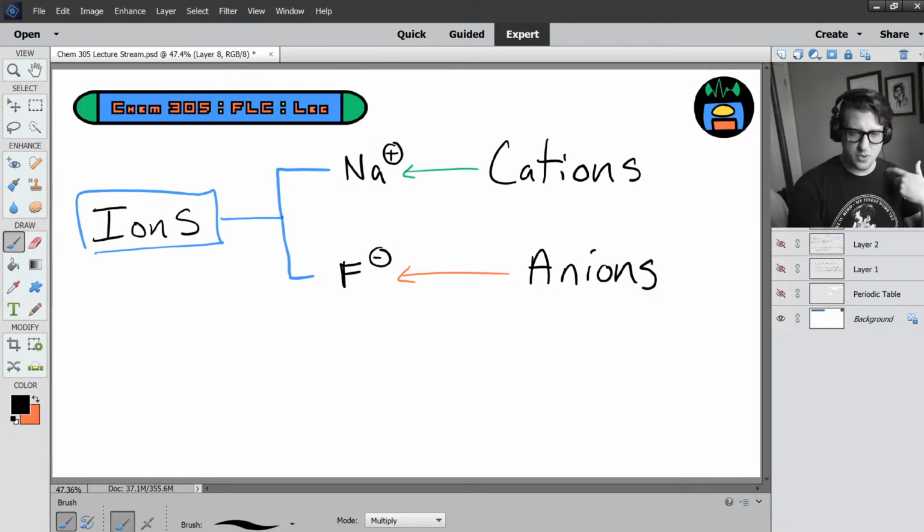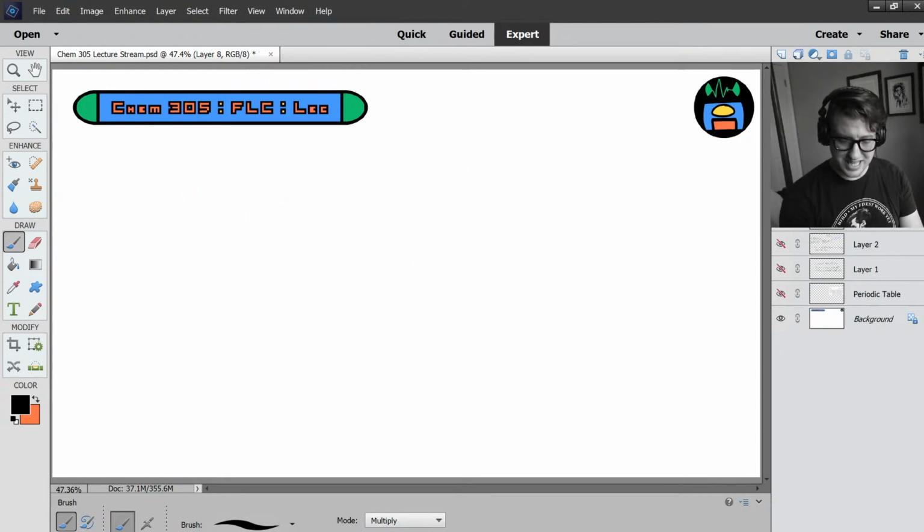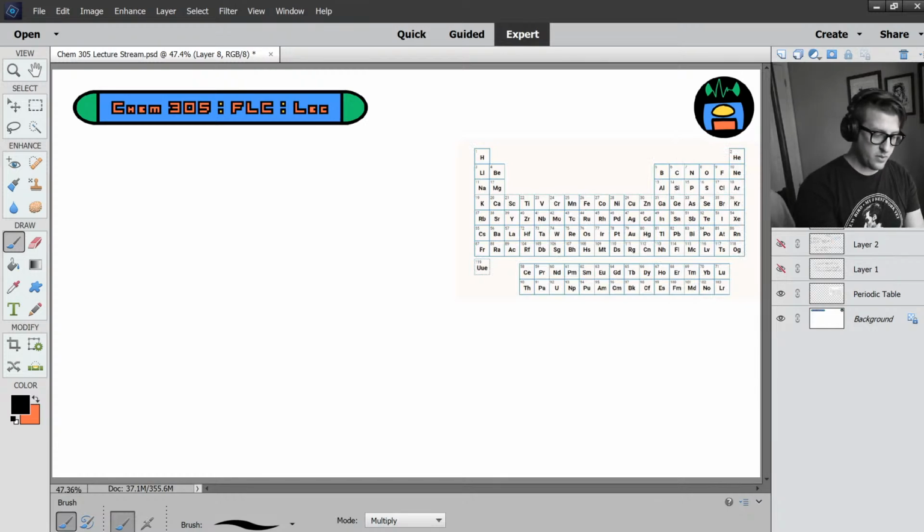Let's talk about how they form, where they come from, and why would an atom, this is a question, why would an atom want to have an unbalanced charge in the first place? Why wouldn't it want to have the same number of protons and electrons? And the answer to that question